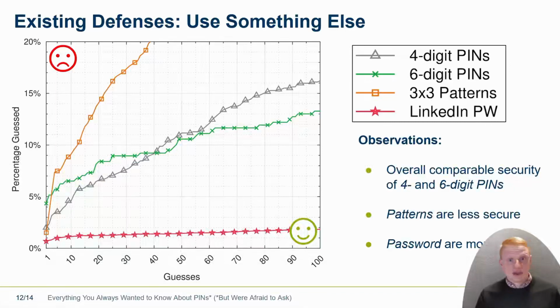All right, let's look at the exact numbers. Patterns shown in orange here, as we can see, are the least secure ones. With only, let's say, 40 guesses, the attacker already guesses a very high percentage of the patterns out there. The complete opposite happens, however, for passwords. So if you want something secure, go with the password. The only drawback that passwords have is that they are pretty hard to type on mobile devices, especially on small screens. So then the PIN might be the option to go with.